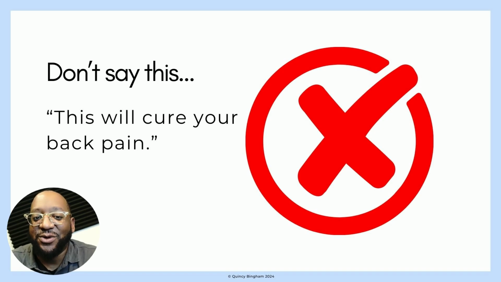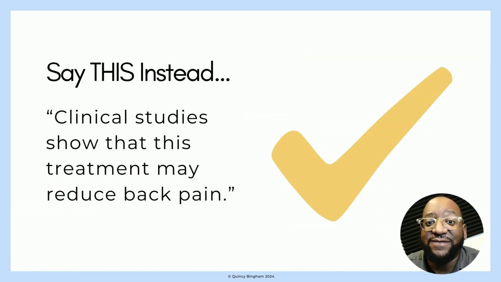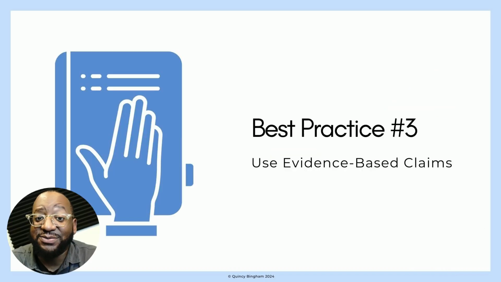Google wants you to set realistic expectations. They don't care if you're selling the cure to cancer. If your language makes guarantees, they'll flag it. So instead, focus on potential benefits without making absolute claims. Say something like, "May help reduce the symptoms of back pain." It's all about staying on the safe side and making sure you're not giving users false hope. Trust me, being upfront will keep you out of trouble with Google, and it will also build long-term trust with your audience.